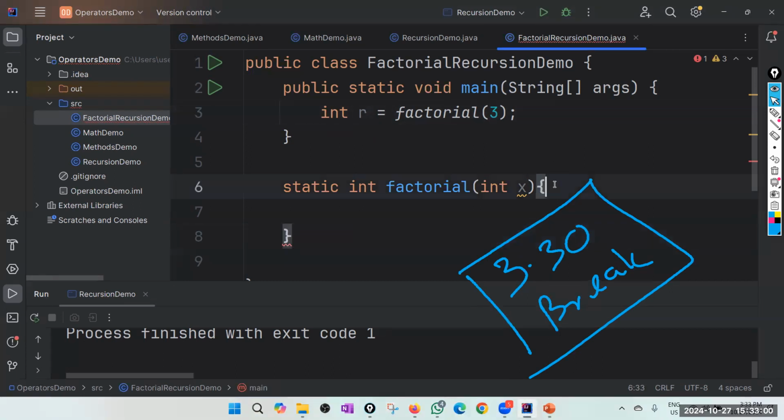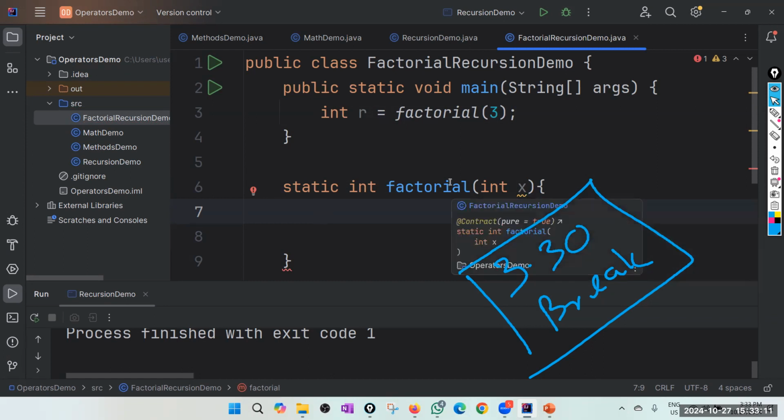Right. So let's write the code. Say I want the factorial. So for example, factorial 5 is 5 into 4 into 3 into 2 into 1 and so on. But first I will check whether x is 0, because it's a special case: factorial 0 is 1,